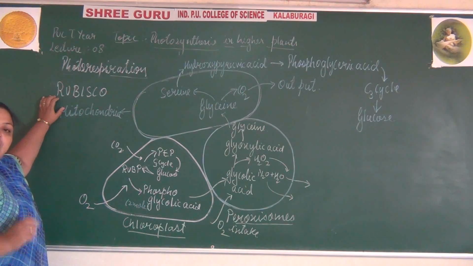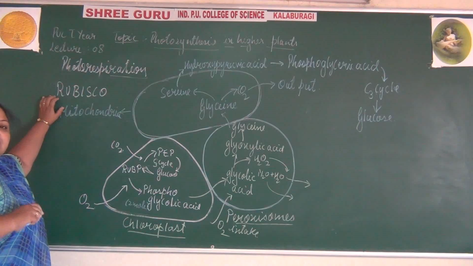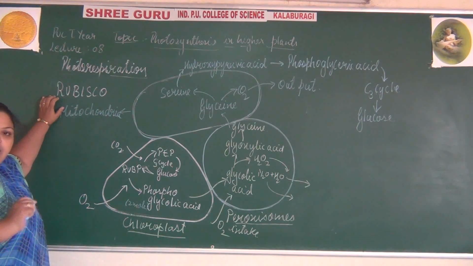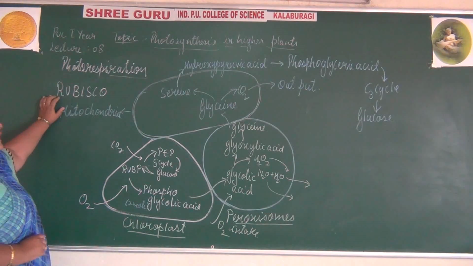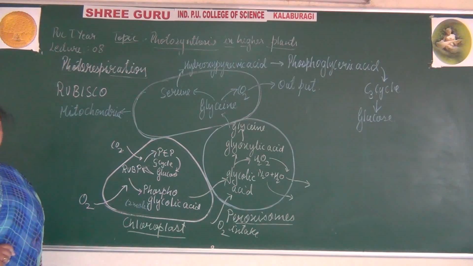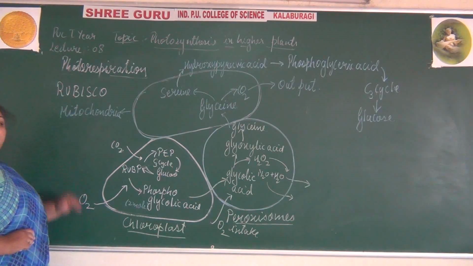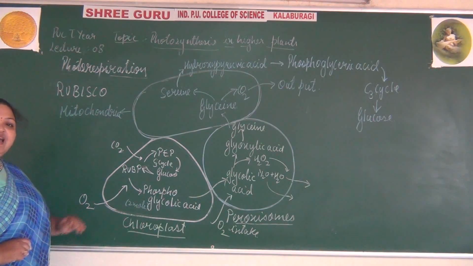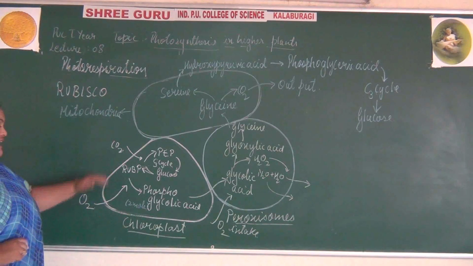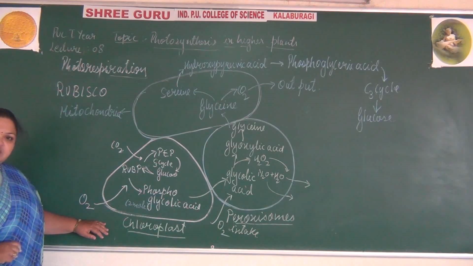This enzyme has the ability to absorb both, but it has more affinity towards carbon dioxide. But if the amount of carbon dioxide in the external atmosphere is decreased, then it undergoes the oxidation